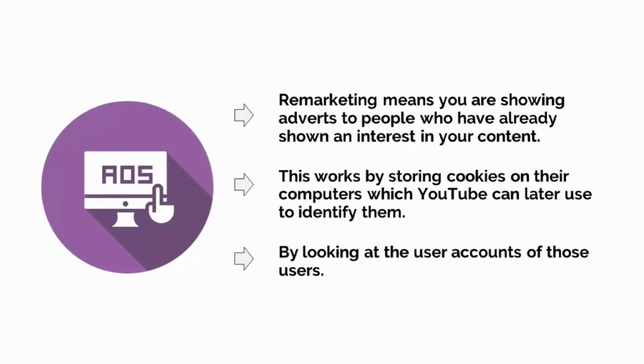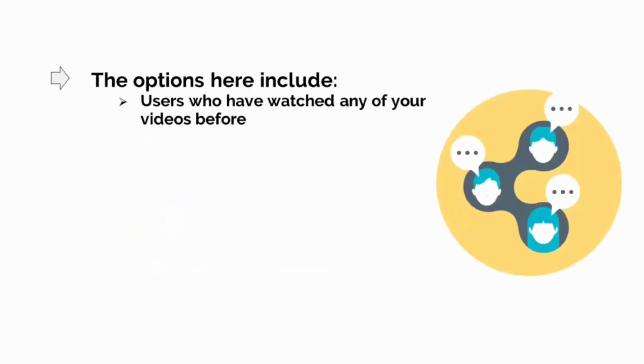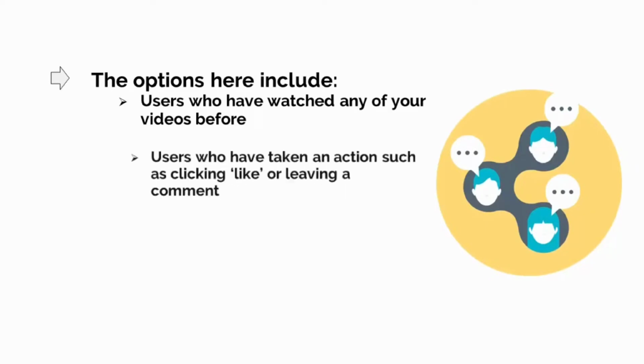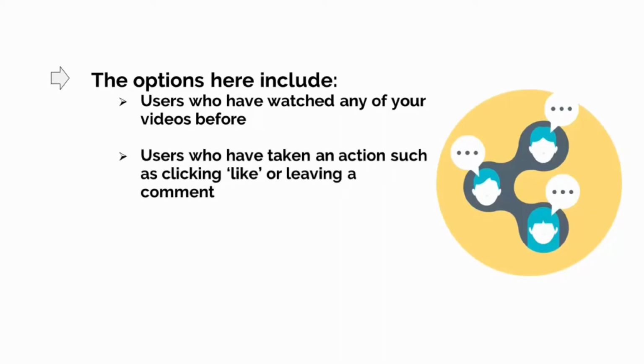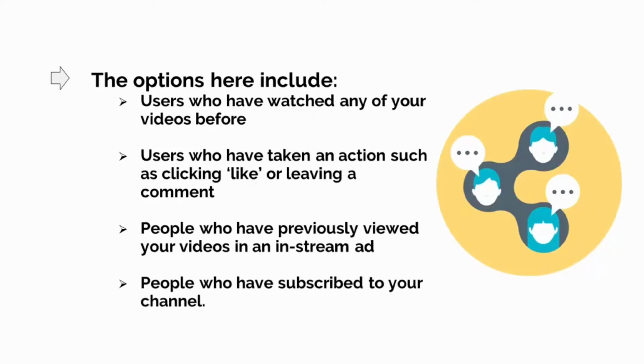This is great because it allows you to once again avoid people who have no interest in your content, and the options available here are also quite varied, allowing you to pick very specific people to advertise to. The options here include users who've watched any of your videos before, users who have taken an action such as clicking like or leaving a comment, people who have previously viewed your videos in an in-stream ad, people who have subscribed to your channel. All these options are great, and again they vary in terms of their scope and how